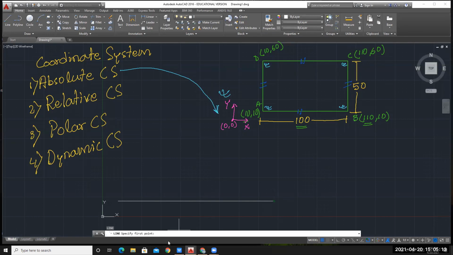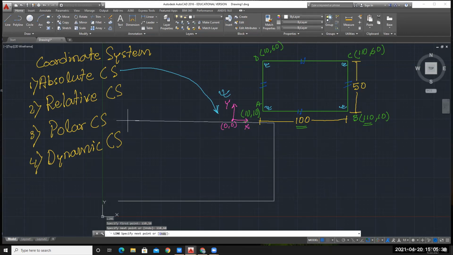So the coordinate values for point B is 110 comma 10 as I have written on your screen. So we will start from there and go to point C. The coordinate value of point C is 110 comma 60. In green color you can see we have drawn that rectangle.